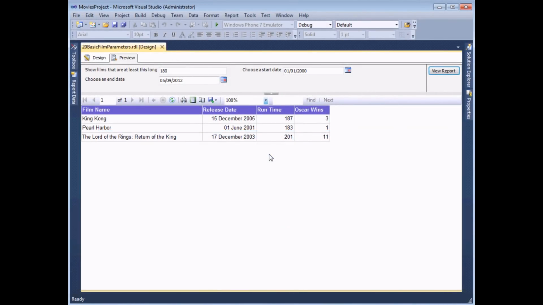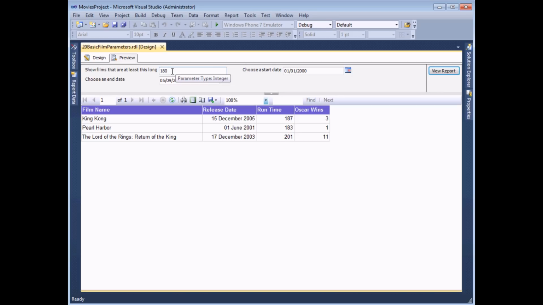As you start to add more parameters to a report, it can be quite annoying always having to fill in a value for every single parameter. So there are two useful ways you can modify this. The first way would be to allow a user to leave out one of the parameters perhaps, and we'll show you that using the runtime in minutes. The second way would be to set default values for parameters, so making sure that they already are filled in with a set value. So I'm going to start by showing you how to allow null values for the runtime